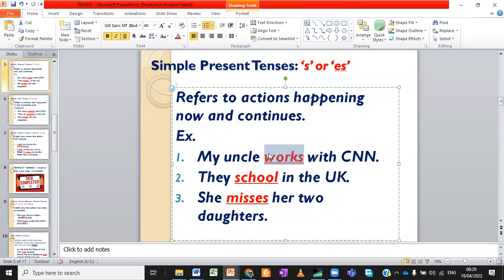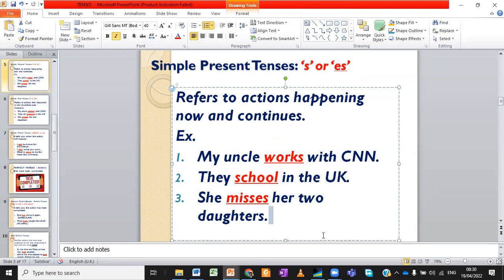There is an S here, like I told you. In simple present tenses, you find S or ES attached to the verbs. Like if you look at number 3, you find ES. Why is number 2 different? Why is there no S attached to the school? Because the school, like